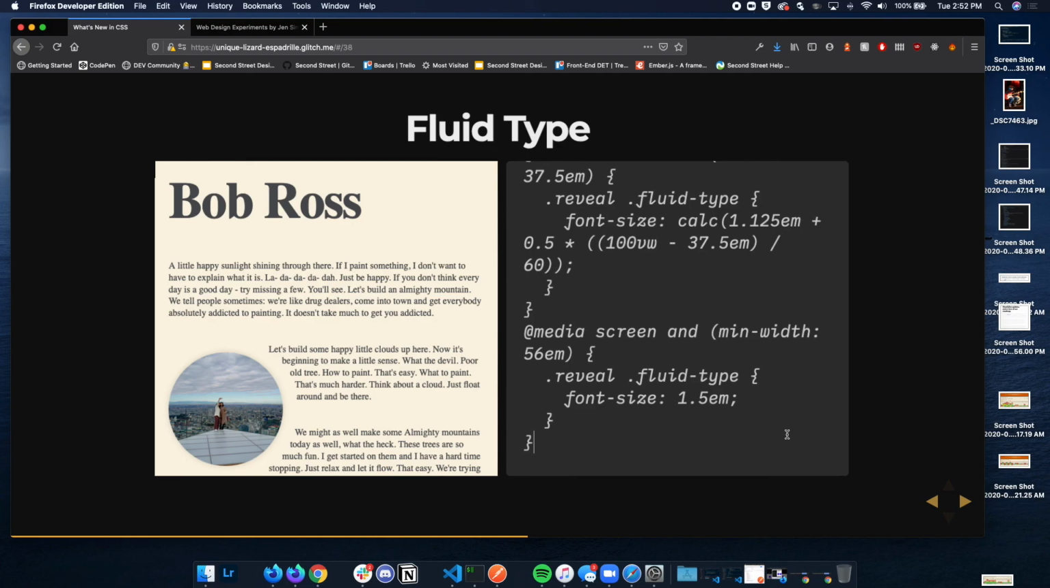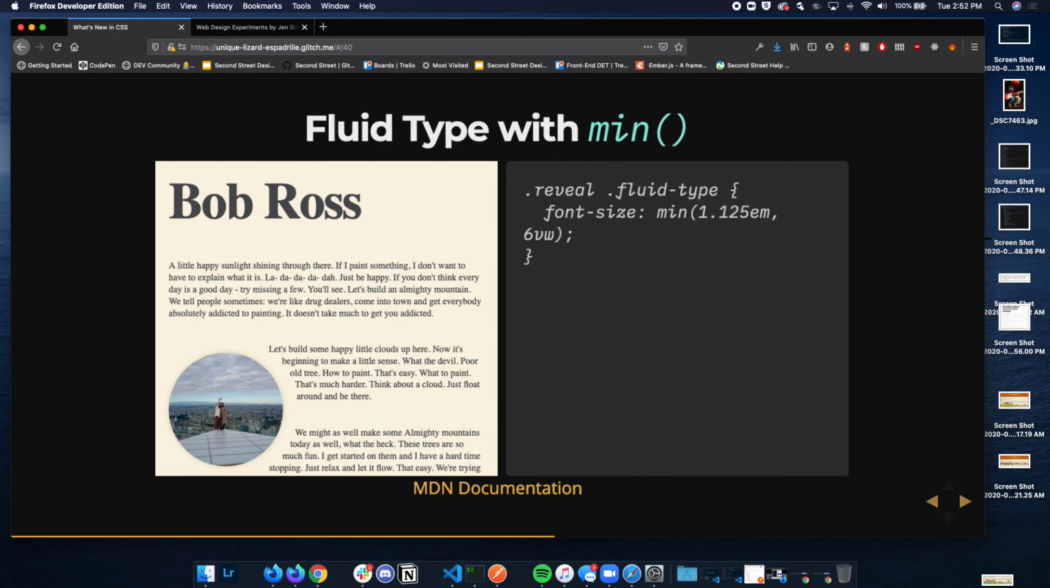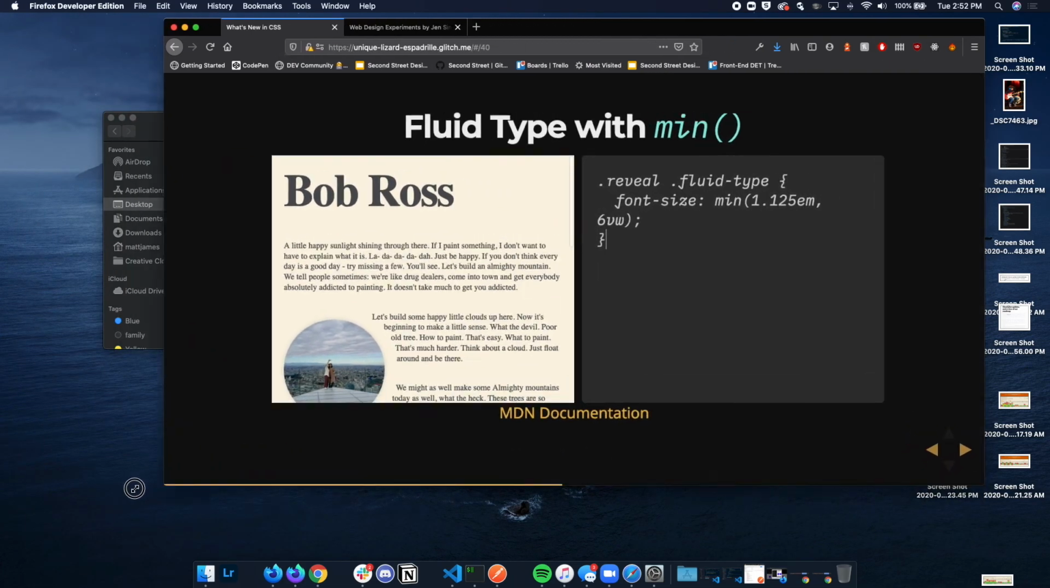Well, we don't have to do that anymore. We now have a much more sensible option using these new values of min, max, and clamp within our CSS. So effectively, we can set the font size value to be the min function, and we're going to say whatever the minimum size is between these two. It's either going to be 1.125em or 6vw units. Give me the minimum of that and set that to be the font size, and we still have nice fluid